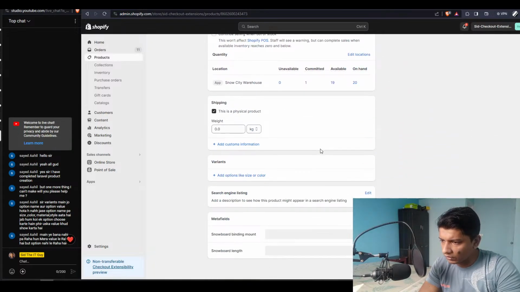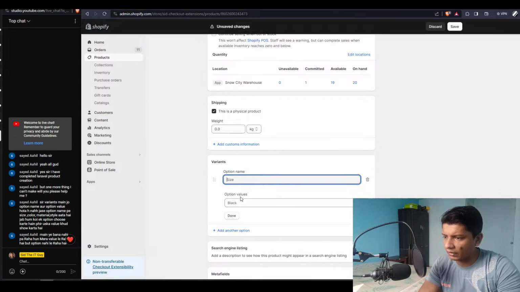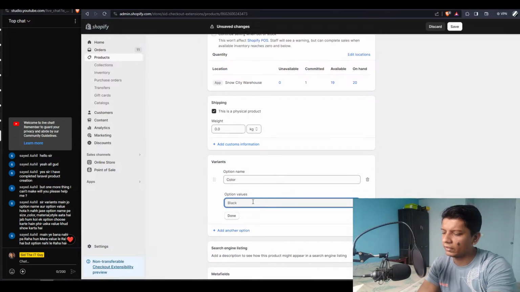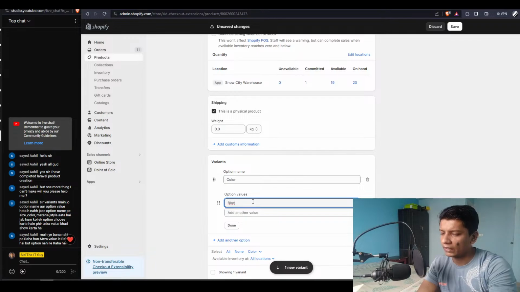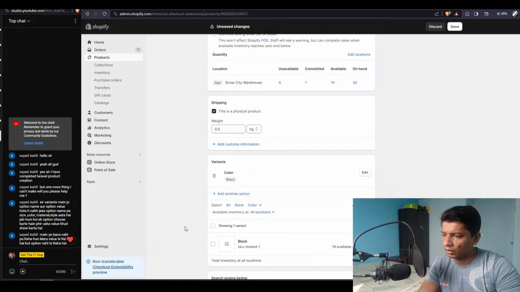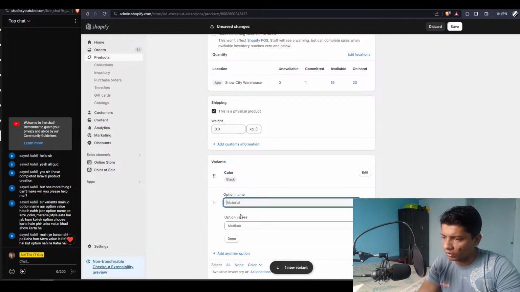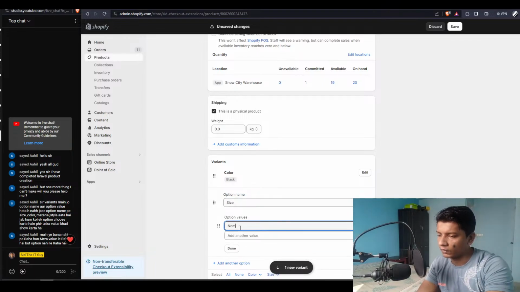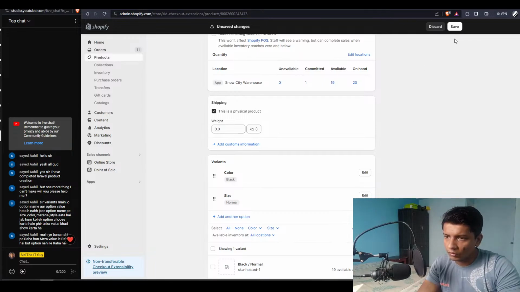Where are variants? Okay, so add options like size, color. So color, let's say black. Done. Add another option, size, normal. Done. So if I hit save,